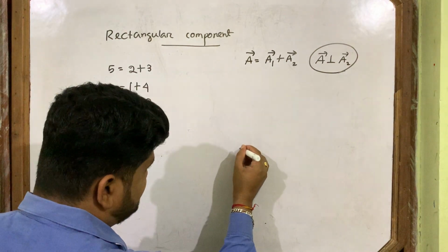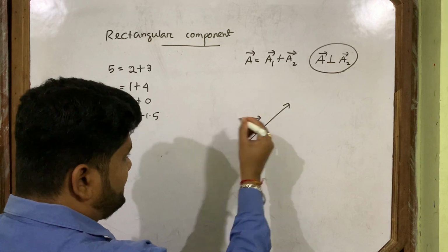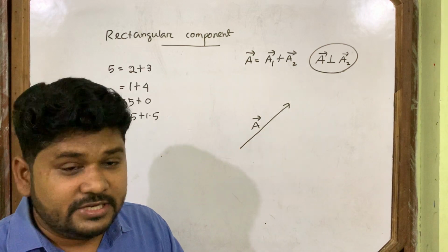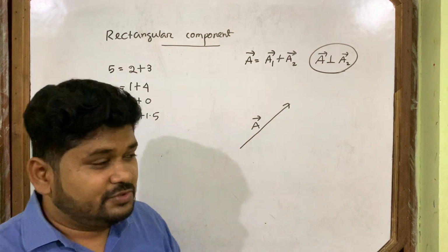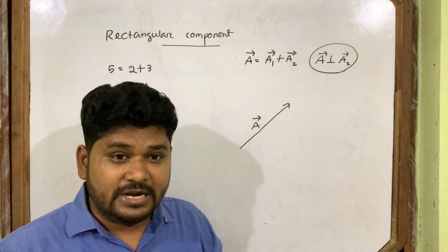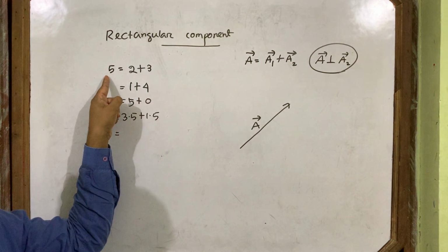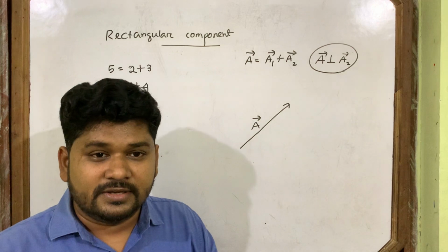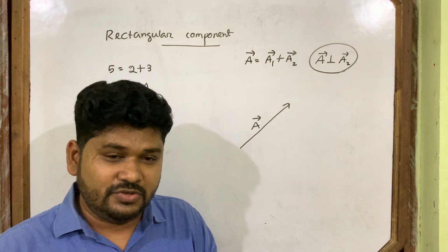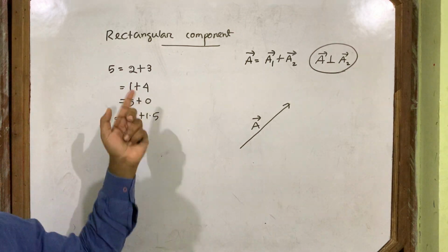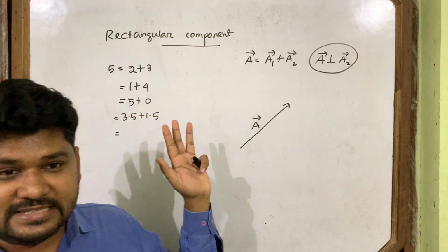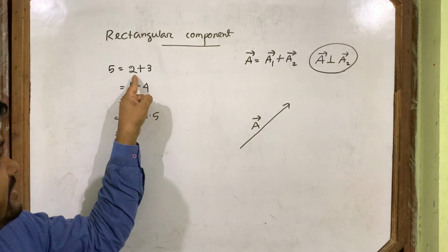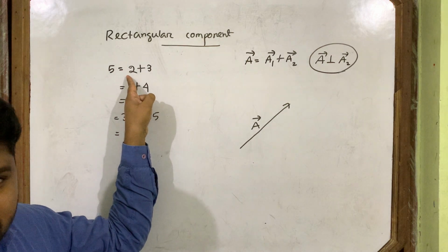Now let's discuss. This is suppose a vector, and I divide it into two components. I will take first the a1 vector. In which direction will I take a1 vector? I have the freedom to choose. When I told you to write the components of 5, when you chose those two, you had the freedom. You just choose the 2 randomly, but it's less than 5. So the first one you choose randomly between 0 to 4.